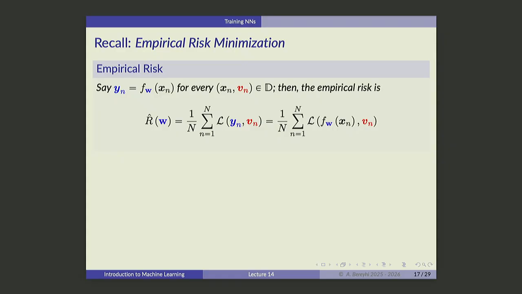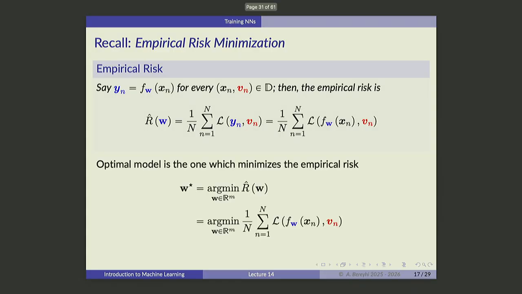Same thing that we did before, back when we had just one single neuron. It was a linear model. But now we have lots of them, interconnected to each other. So this is the way I'm going to find the optimal weight. I want to find the best weight, W star, which minimizes this empirical risk, right? And you can guess that if you have a deep neural network or even a shallow neural network,